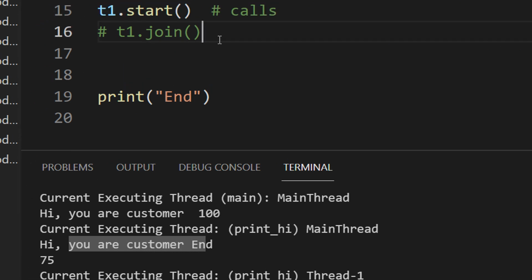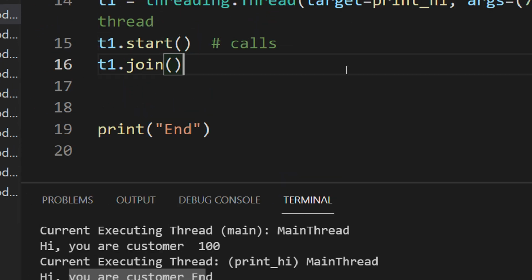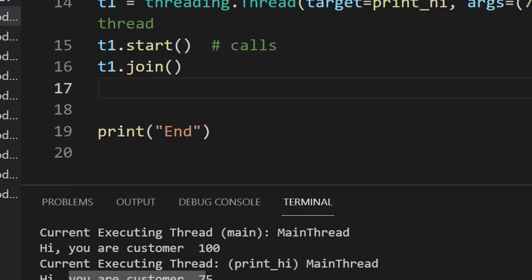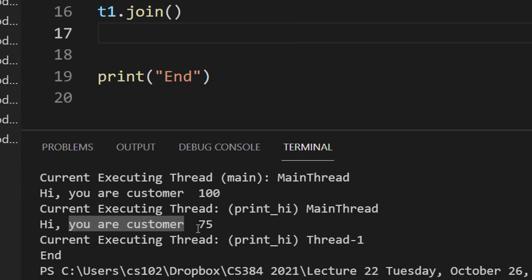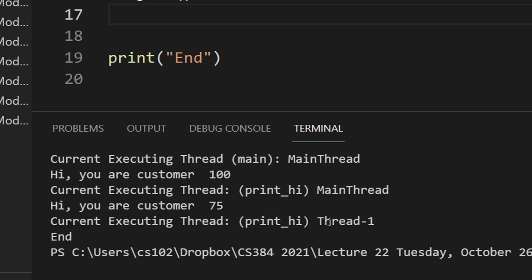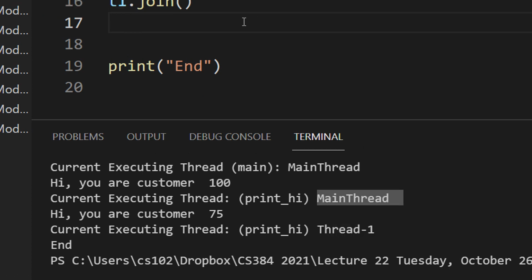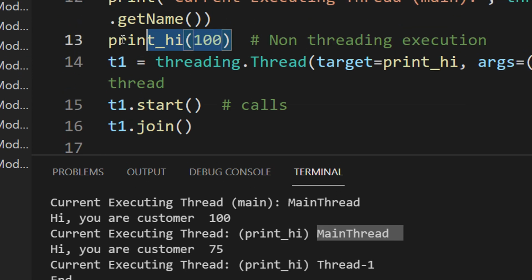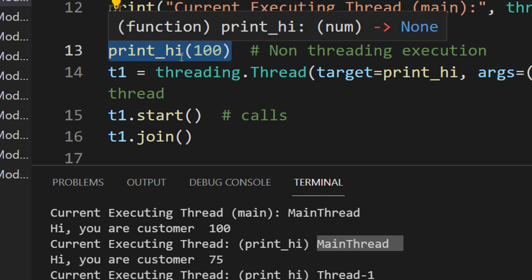Okay, let me just put the join also. I will explain why that output actually came. So you can see now you are customer number 75. Current executing thread, this is basically the function print. And now you can see it is thread 1. It is no longer main thread. Main thread appeared earlier because you directly called the function without any threading value.